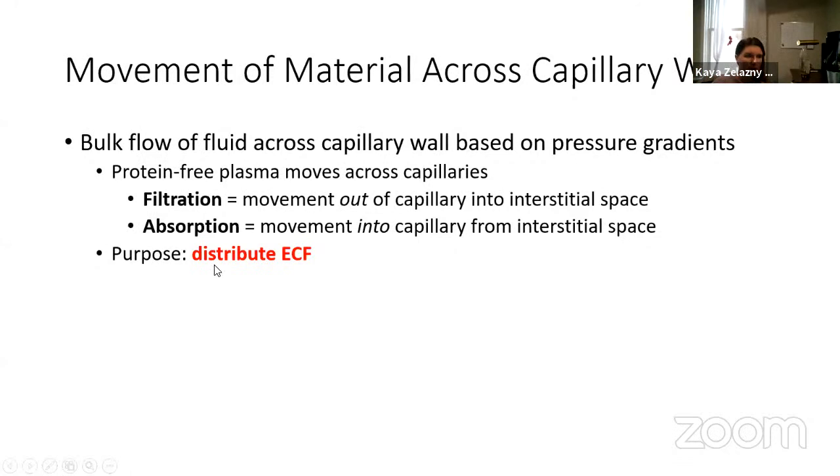Now we are thinking about the actual pressures that are going to influence the exchange across our capillary walls. Some definitions first. Try not to get these confused in your head. So we're thinking about things moving out of the capillary, so like out of the blood, and into the interstitial space between cells. So when we're thinking about exchange across the capillaries, our basic diagram is going to look something like,